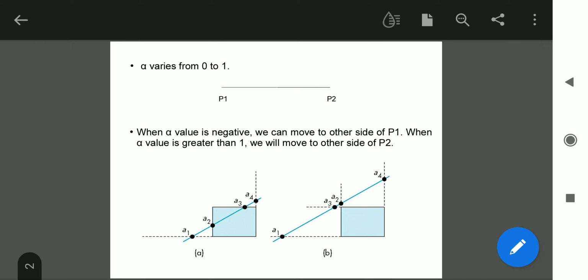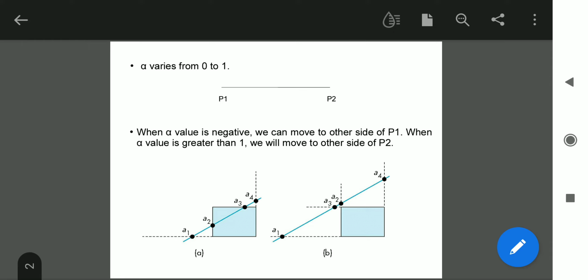if these intersection values obey that condition, then the algorithm says the line segment between alpha 2 and alpha 3, now you can observe in the diagram, the line segment between alpha 2 and alpha 3 need to be retained because it is inside the output window, and the remaining line segment need to be clipped off. That means it should be removed because it is not visible to the user. That is the first case of this algorithm. Here in this algorithm they'll discuss only 2 cases. Now we have completed the first case.